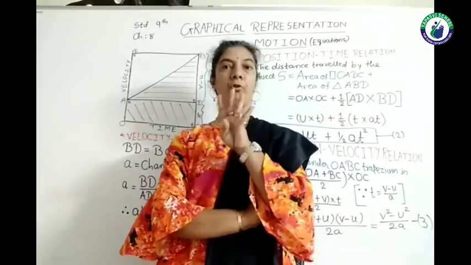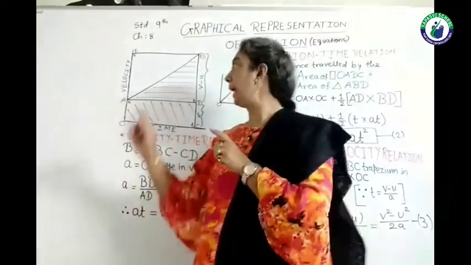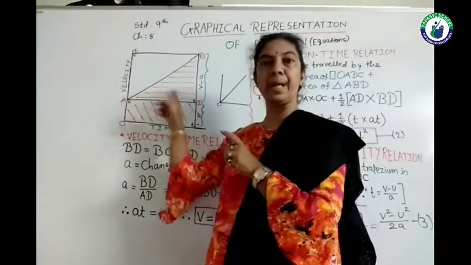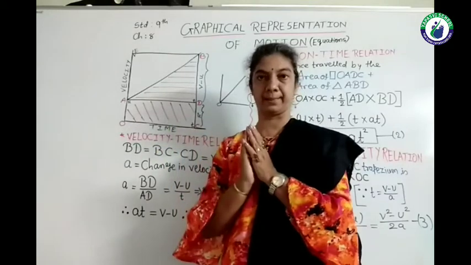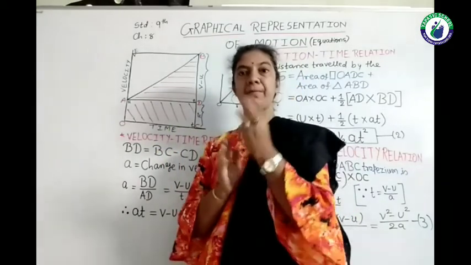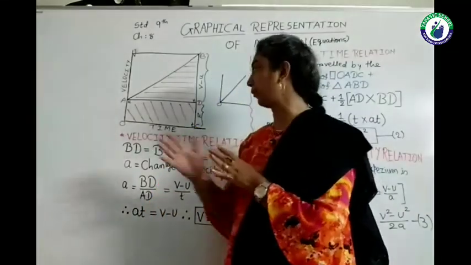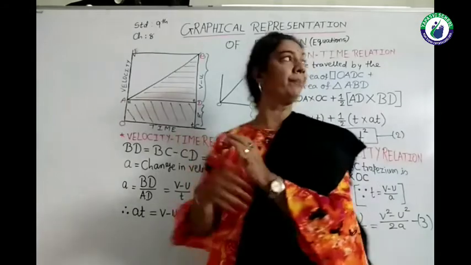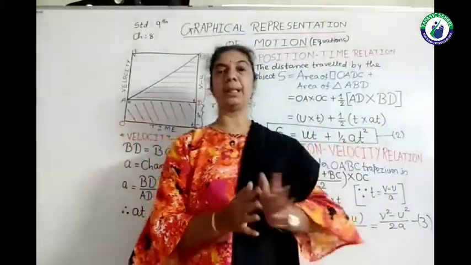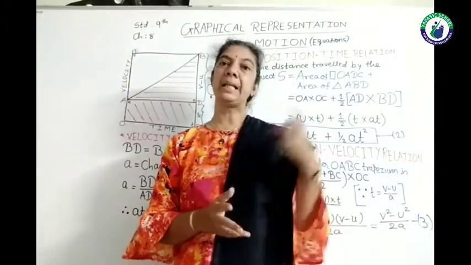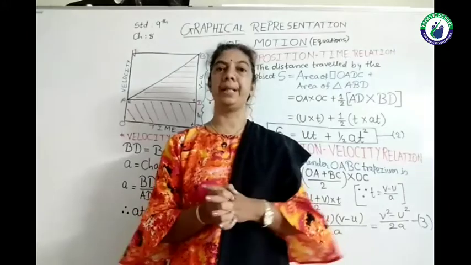Out of the 4 marks, 1 full mark will be allotted to the proper diagram with symbols and the quantities. Besides that, we will derive 3 equations which have different types of relations: velocity-time, position-time and position-velocity relationship. Each will carry 1 mark, and likewise the 4 marks are divided.